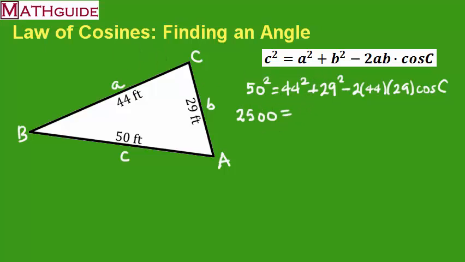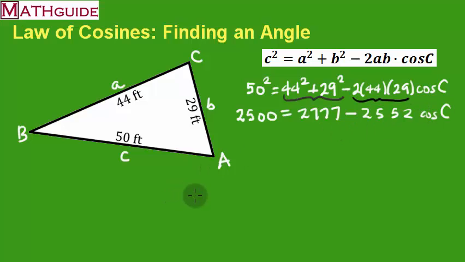I'm going to put this into a calculator next, and let's see, I get 2,777 minus, and next I'm going to multiply these numbers together again with a standard calculator, and I get 2552